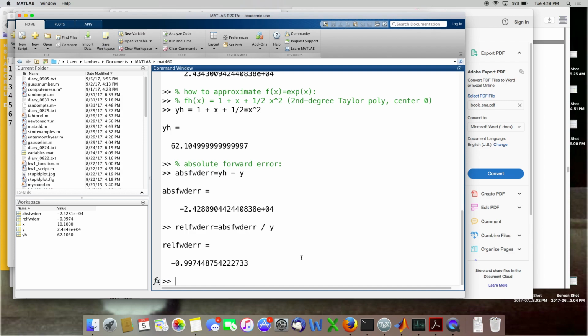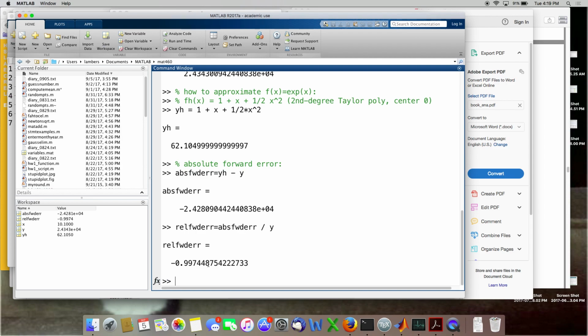Now the relative error, you can think of it as a percentage error, and you don't want that. So if I take this and multiply it by 100, the percentage error is minus 99.7%. You're that far off. You might as well use 0 for an approximation in that case. You'd be pretty much just as accurate. Okay, so those are the forward errors that we get from our output. But I want to compare forward errors to backward errors so we can see what the condition number is.